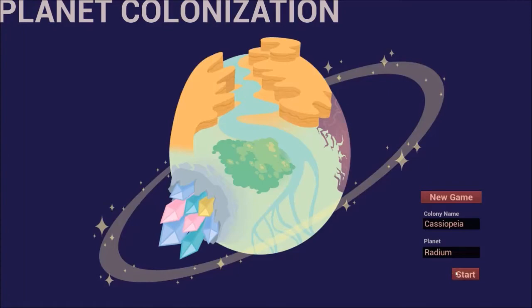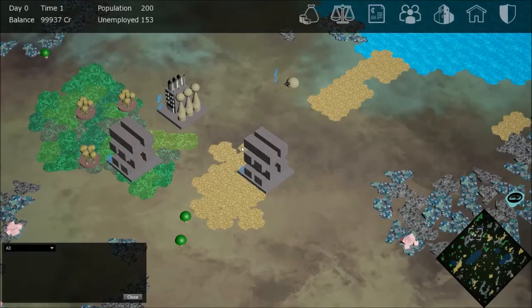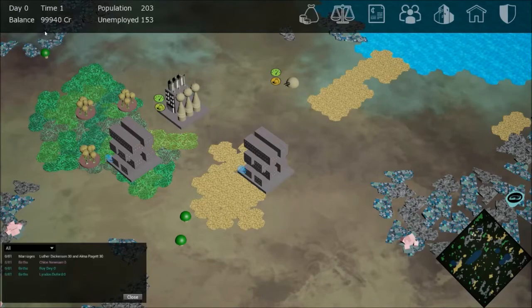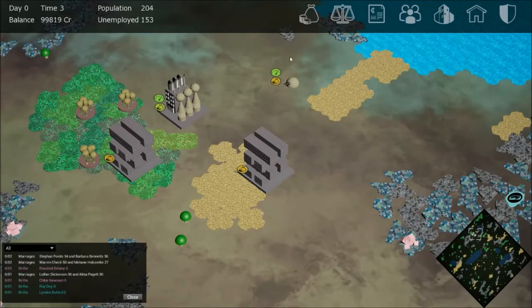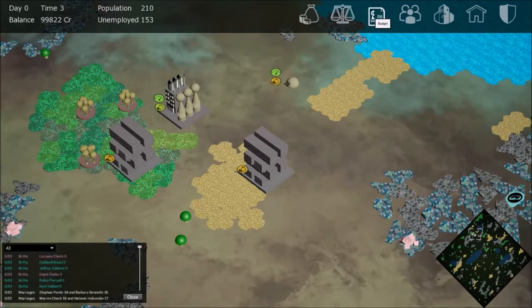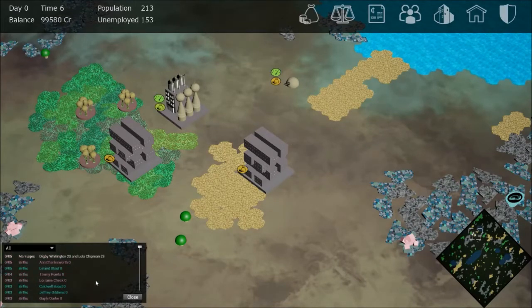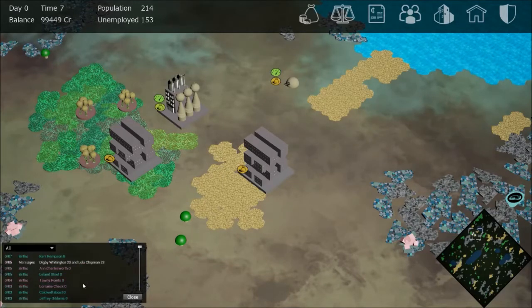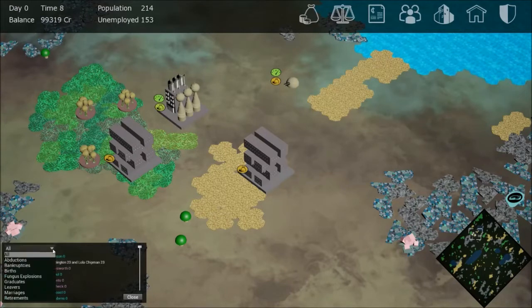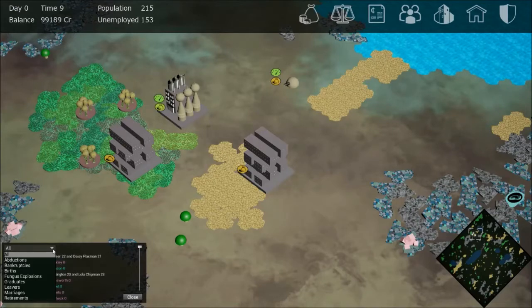On the main view there are the important information fields like game date and available funds. From the main view you can also open the bank, trade, budget, society, estate, new building, and defense panels and menus. On the lower left corner of the main view there is the message ticker that shows you what is happening in the society. The game covers the whole life cycle of the colonists and you can follow the events